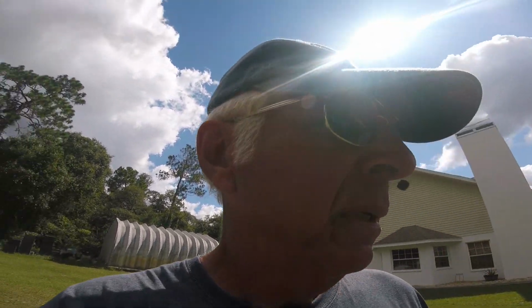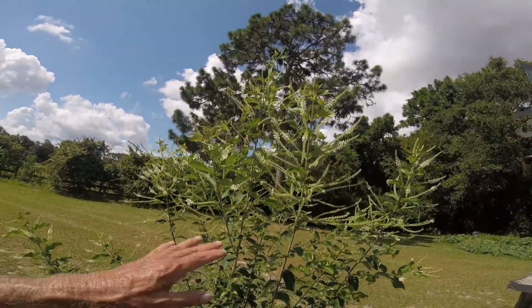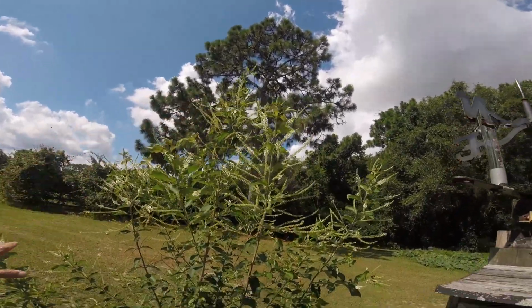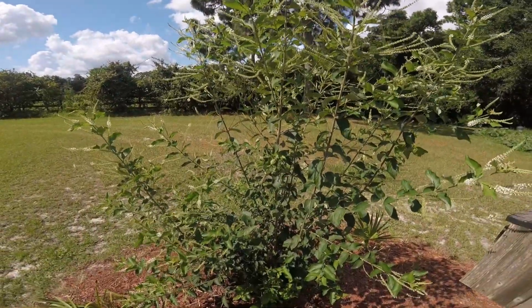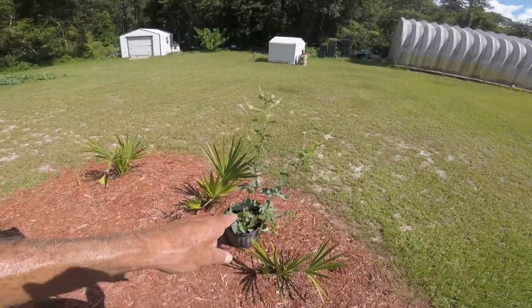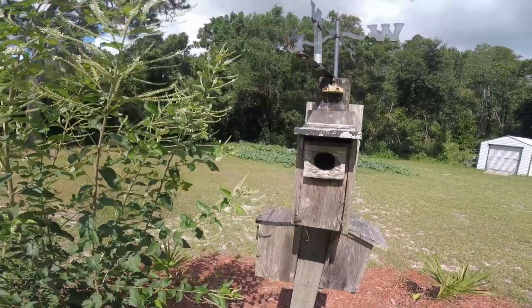Oh yeah, I'm looking here. I don't see any bees on my sweet almond today. This thing's just phasing out of this bloom. It's going to be cranking up another one. This thing blooms year round. Yes, guys, it blooms year round. I've got another one right here. It's going in there. So yeah,